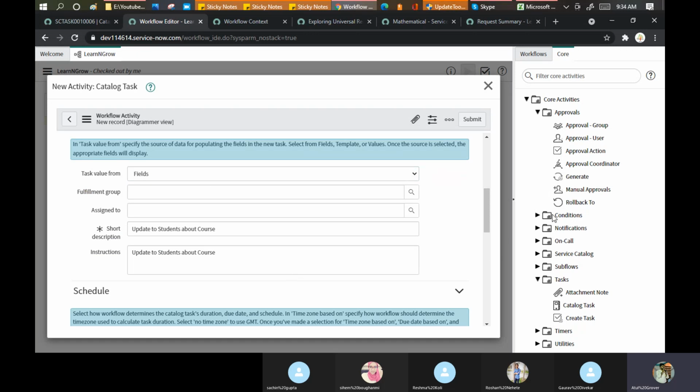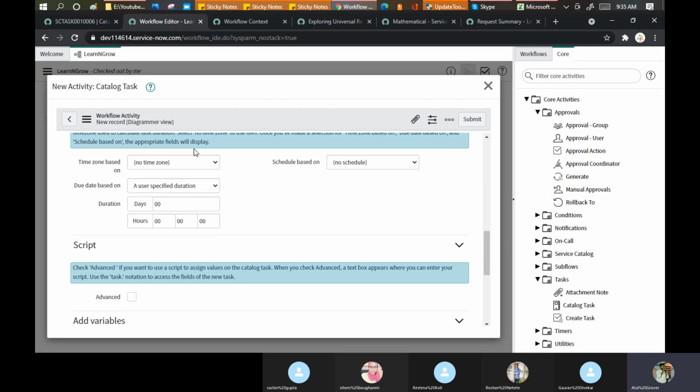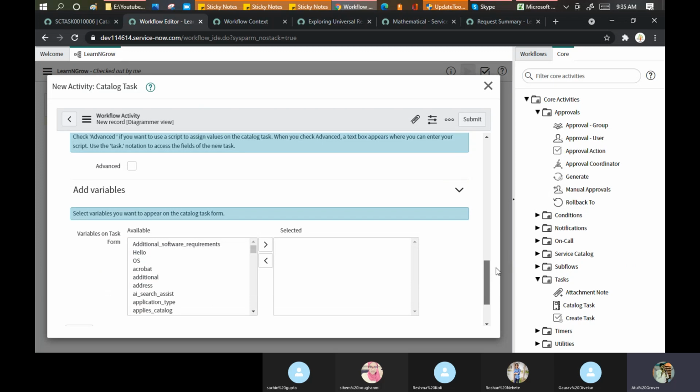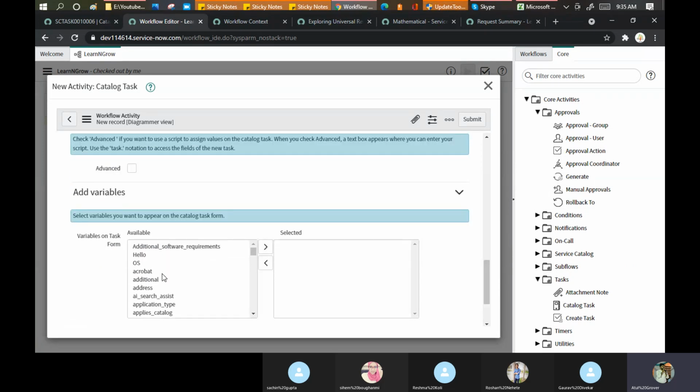Fields, why am I not getting another option as well? Okay, let's do this. When this task needs to be added into my REQ, sorry, RITM level, I'm not giving any schedule here. And here I can do the other stuff. If you want to use any variable on the task, you can edit.